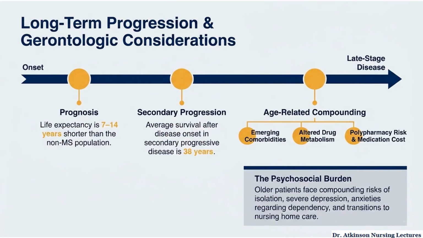Older adults with MS often face additional challenges like comorbidities, altered medication metabolism, and polypharmacy risks. There's also a major psychosocial burden. Depression, isolation, anxiety about dependency, and transitions into assisted living or nursing care become major concerns later in the disease process. This is why long-term nursing management focuses not only on physical symptoms, but also quality of life and functional